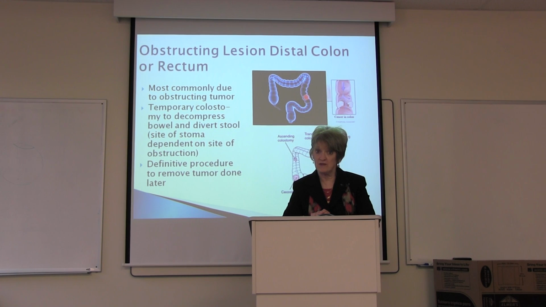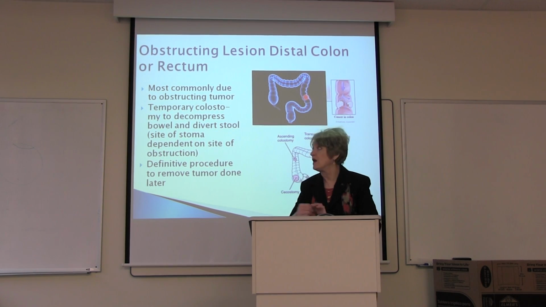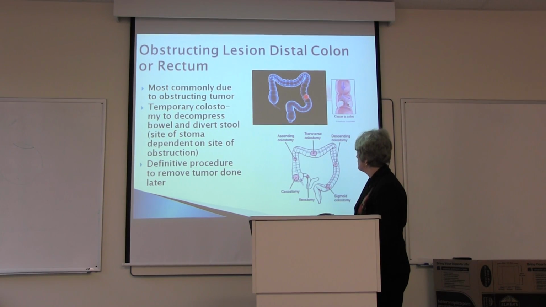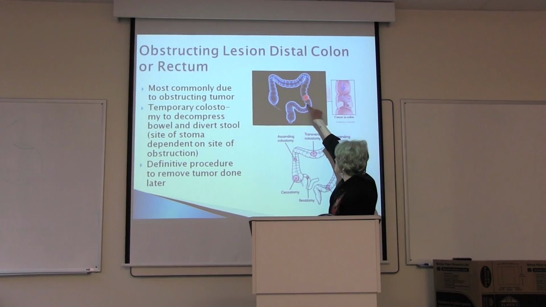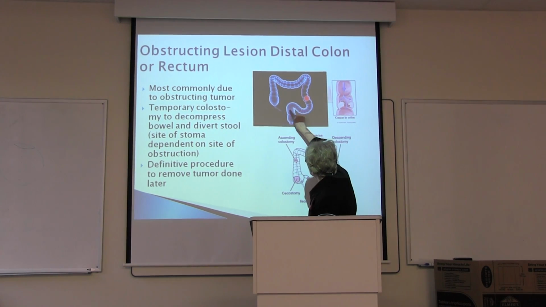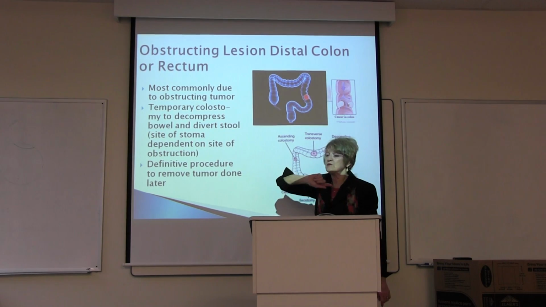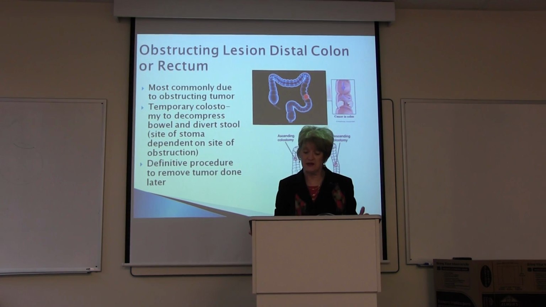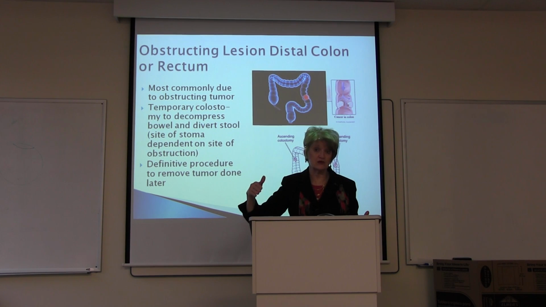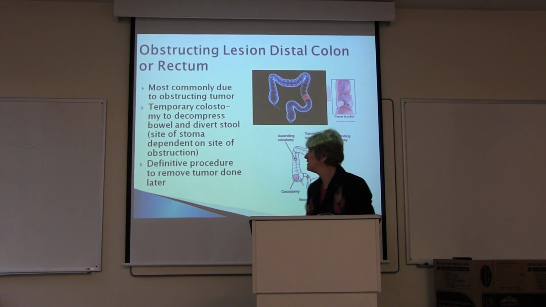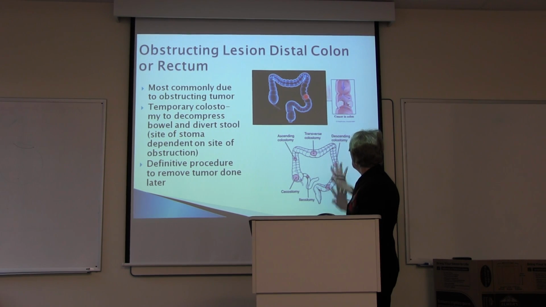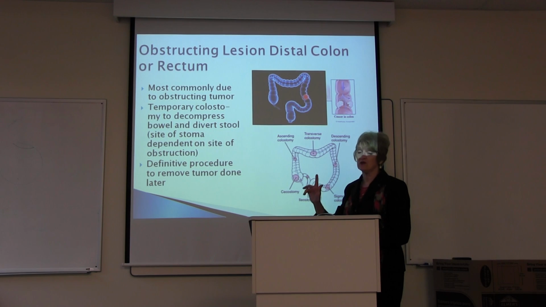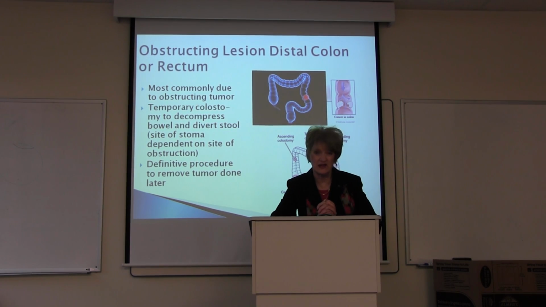So you can have patients who come in with essentially complete obstruction and then massive distension of the bowel above that point. Now, we've already said that most commonly your obstructive lesions occur somewhere in here. So the most common procedure is to do a loop colostomy just above the tumor. So if it's obstructed at the level of the sigmoid, you typically do your loop colostomy at the level of the descending colon or possibly the transverse colon. So anytime you have an obstructing lesion, your first goal is always to decompress. You can't do anything else until you decompress the bowel and eliminate the obstruction,